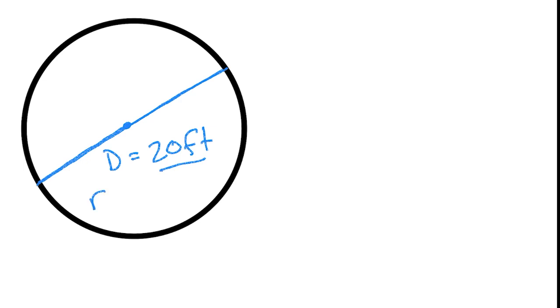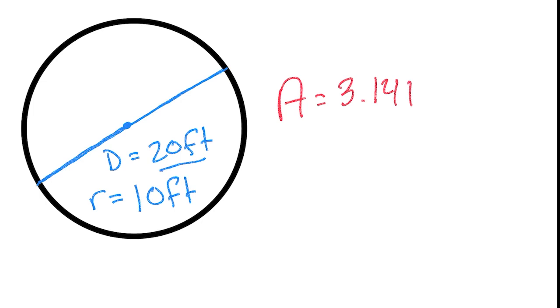Well, the radius is half the diameter or full length of the room. So that means our radius is going to be 10 feet. So plugging that value into our equation, again, we're going to use 3.14 instead of saying pi, and then we're going to multiply that by 10 feet